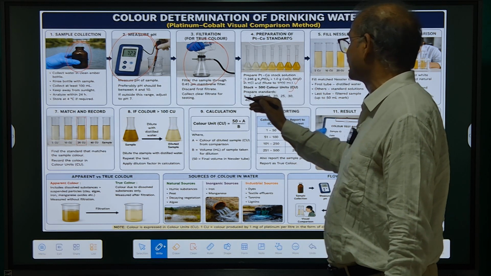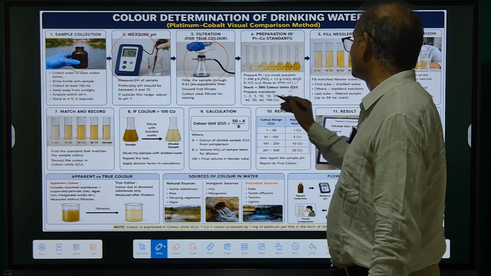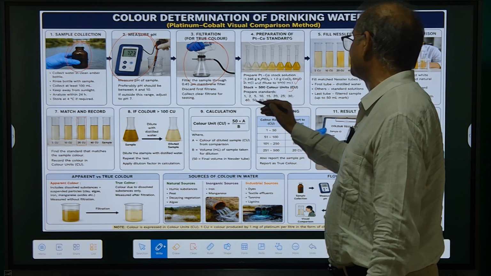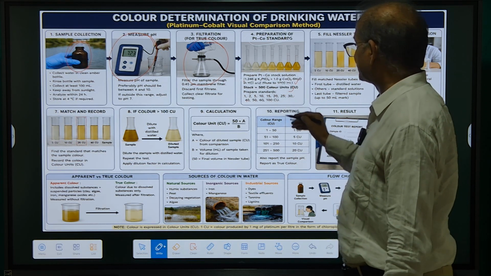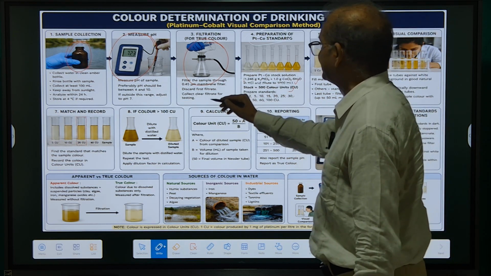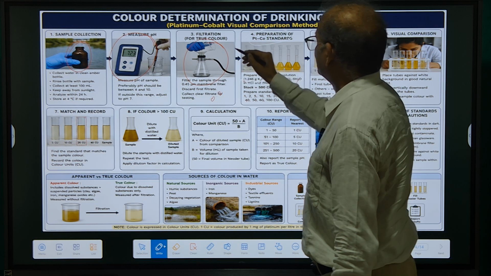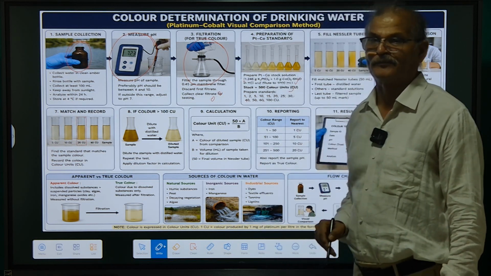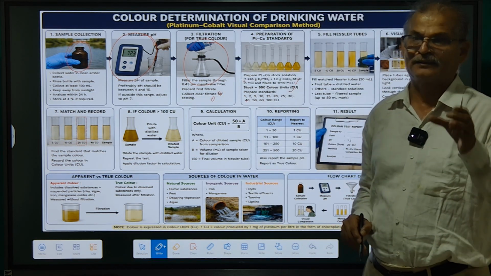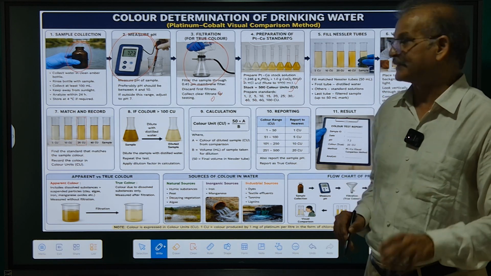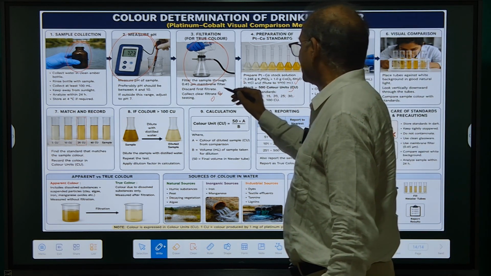From this we can prepare 1, 2, 5, 10, 15, 20, 25, 30, 40, 50, 60, 100 color units. For example, if we take 0.2 ml of the platinum cobalt standard of 500, in 100 ml,